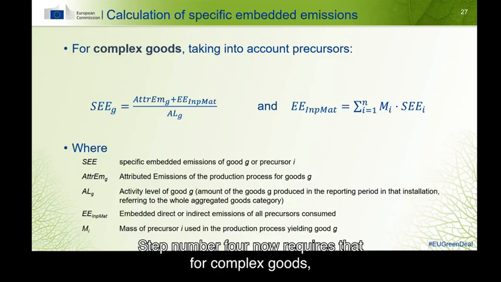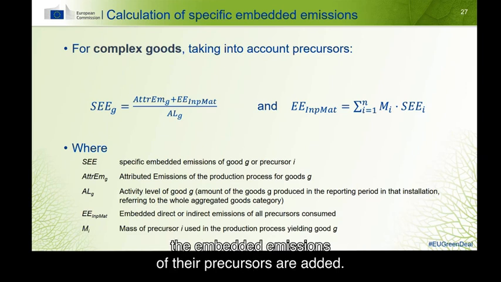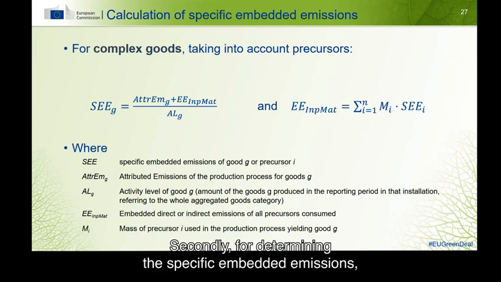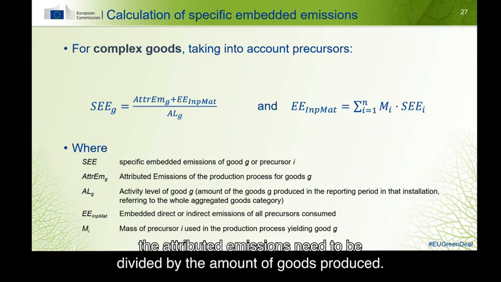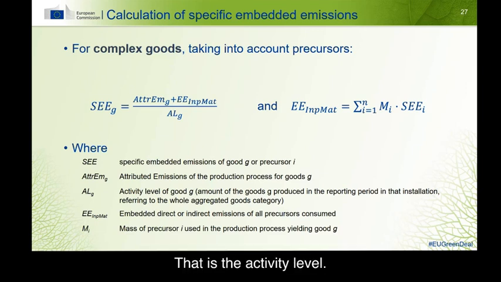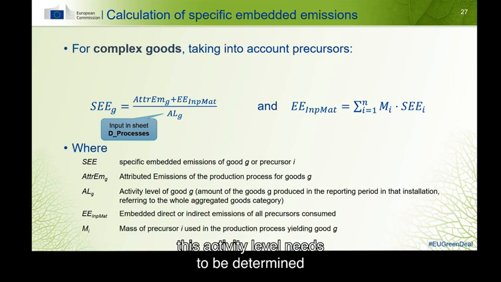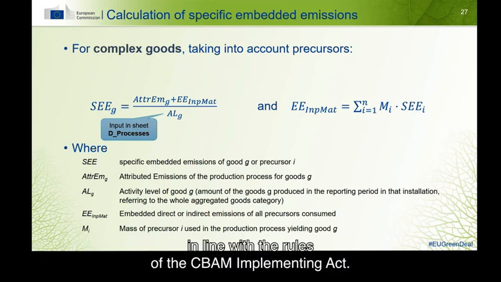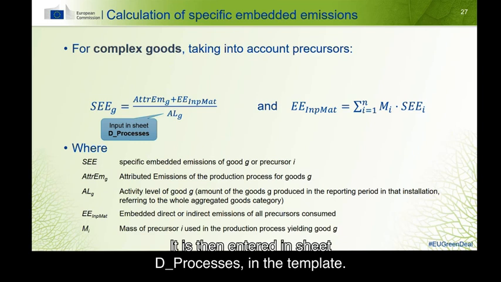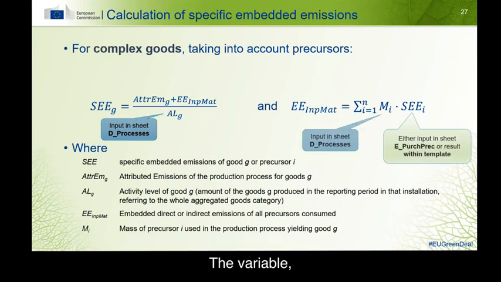Step number 4 now requires that for complex goods, the embedded emissions of their precursors are added. Secondly, for determining the specific embedded emissions, the attributed emissions need to be divided by the amount of goods produced. That is the activity level. For that purpose, this activity level needs to be determined in line with the rules of the CBAM Implementing Act. It is then entered in sheet D processes in the template. The variable